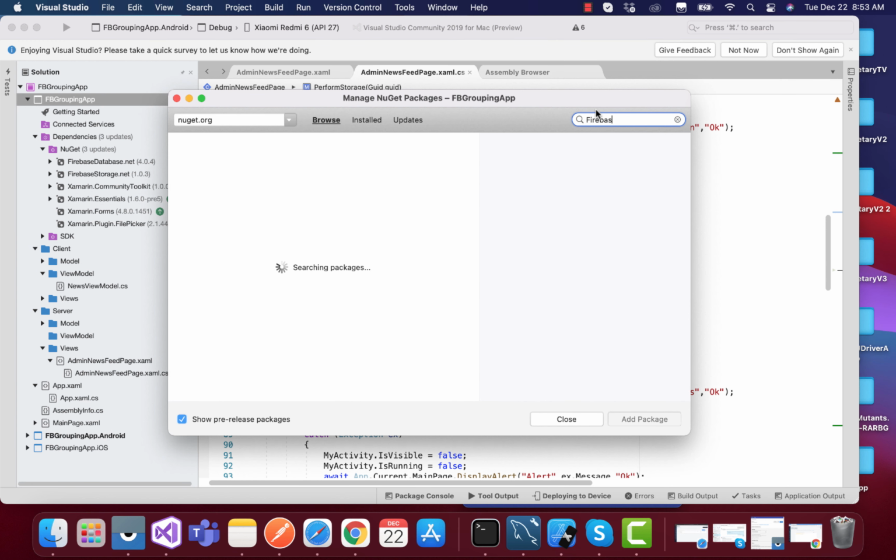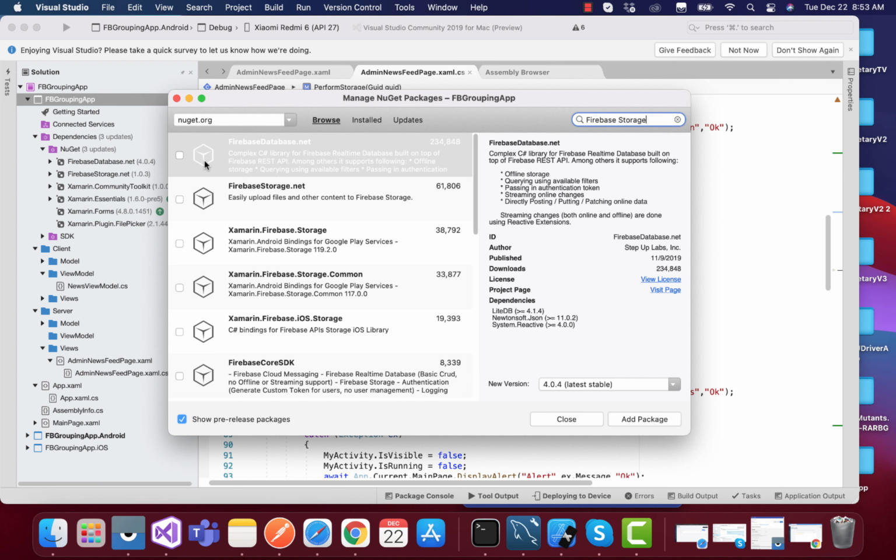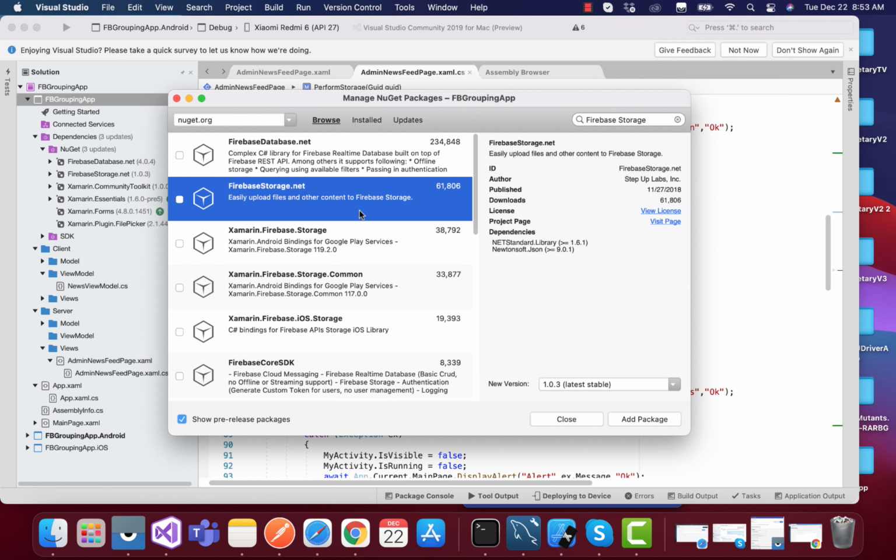So we are just going to add Firebase storage inside our Xamarin Forms application. There is Firebase Database .NET that will be used for our real-time database, but here our main concern will be using Firebase Storage .NET and adding that package to our shared project. So let me close that from here.